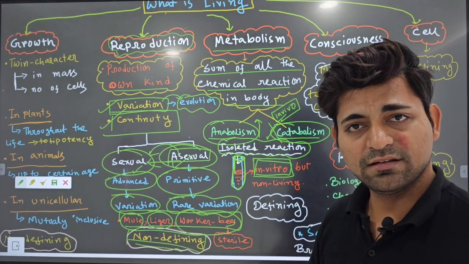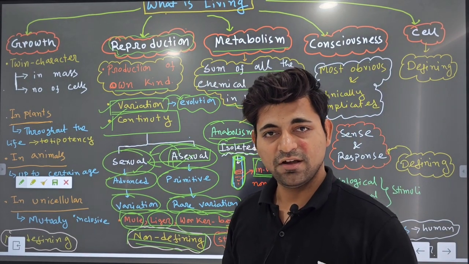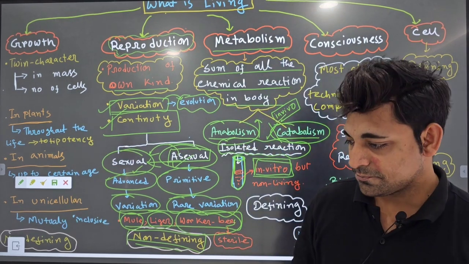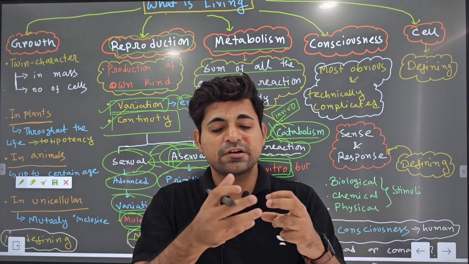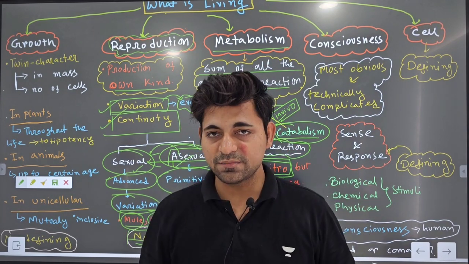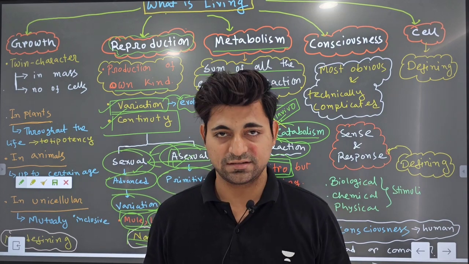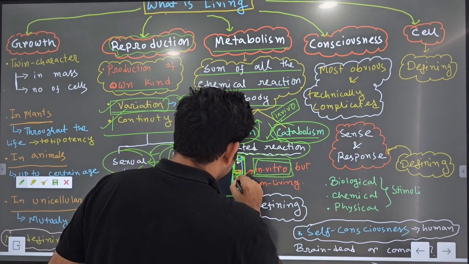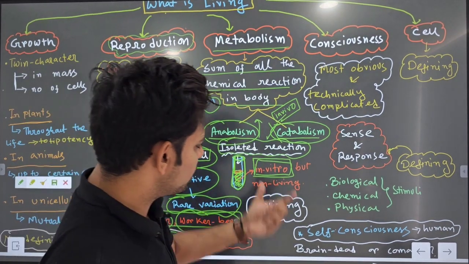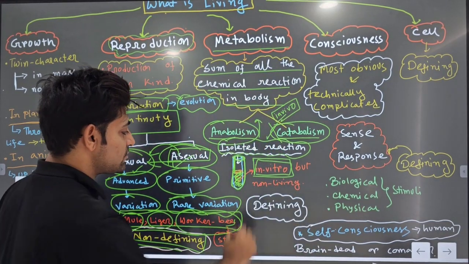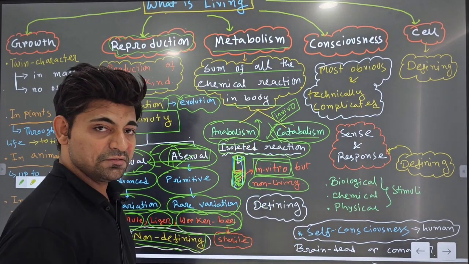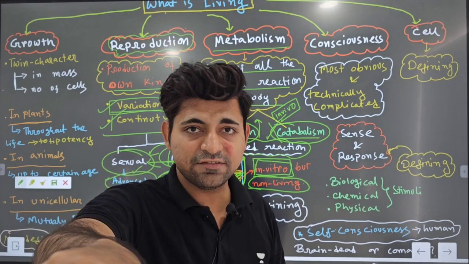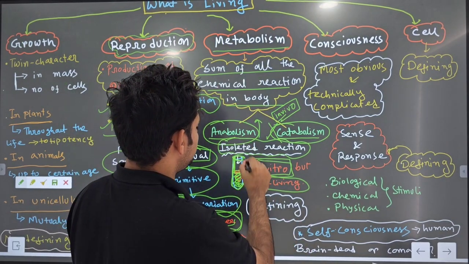Okay, ek test tube le lijiye. Chemistry wale professor se, chemistry wale teacher se, aur test tube ke andar tum jaise ki RBC ke andar ek chemical reaction hota hai. There will be a combination of carbon dioxide and water inside our RBC, and it will form carbonic acid. So the same reaction you can perform in this test tube. So it's called an in vitro reaction, but this reaction is not a living reaction. This is a non-living reaction. This reaction is a kind of living reaction which is performed inside the living organism, but here in a non-living environment also you are performing this.